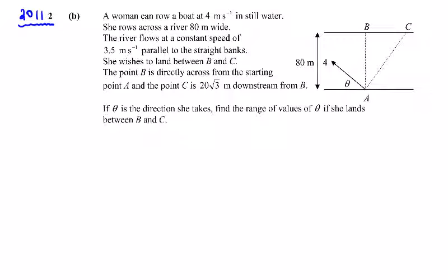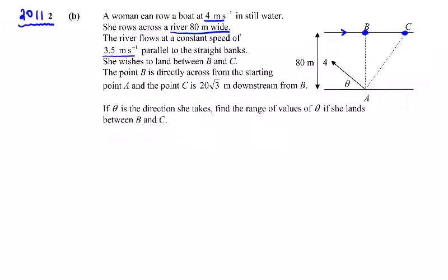This is the 2011 Relative Velocity Q2b. A woman can row a boat at 4 meters per second in still water. She rows across a river 80 meters wide, and we have the flow of the river at 3.5 meters a second. We'll take the river going this way, and she wishes to land between B and C here,